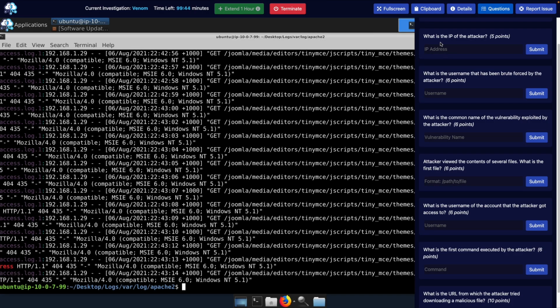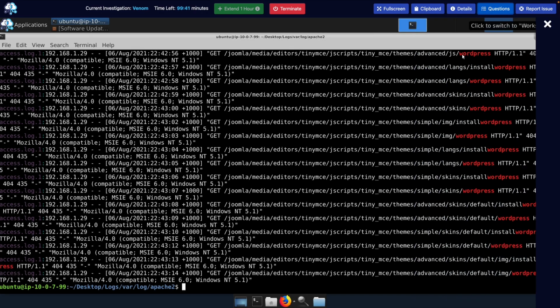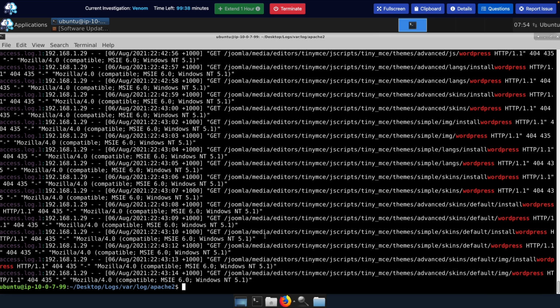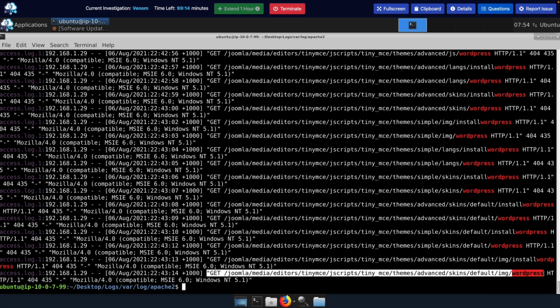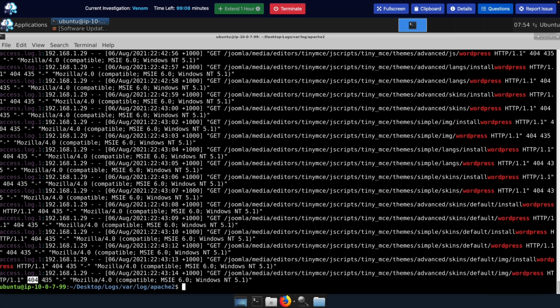Question 2. What is the IP of the attacker? Now here only we can see we have all the logs, which are Apache logs, and we see an IP address. Now if you go online and look for the format, you see this IP address, or this placeholder, is for the source IP address from where the request is coming. This is your date and time when the request was generated, and what was requested by the source, what was the status code, and what was the response size, and the user agent, or simply the browser from which the